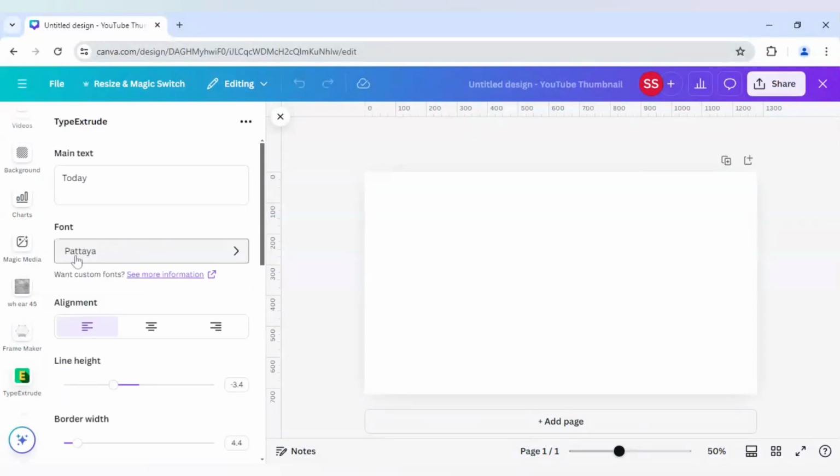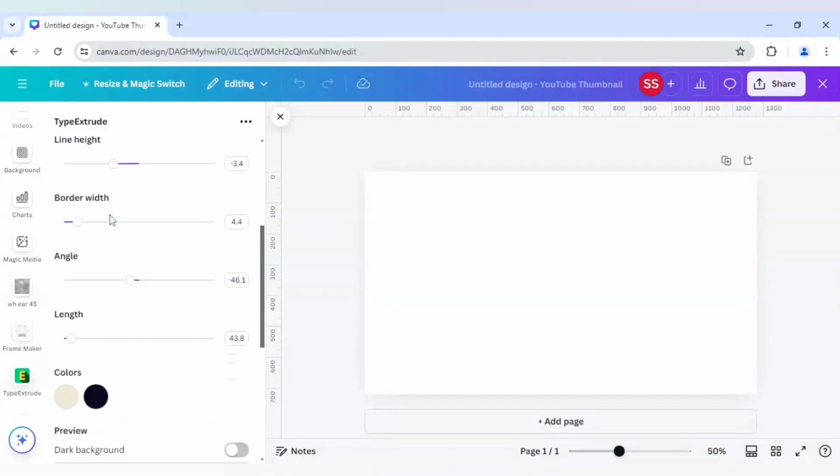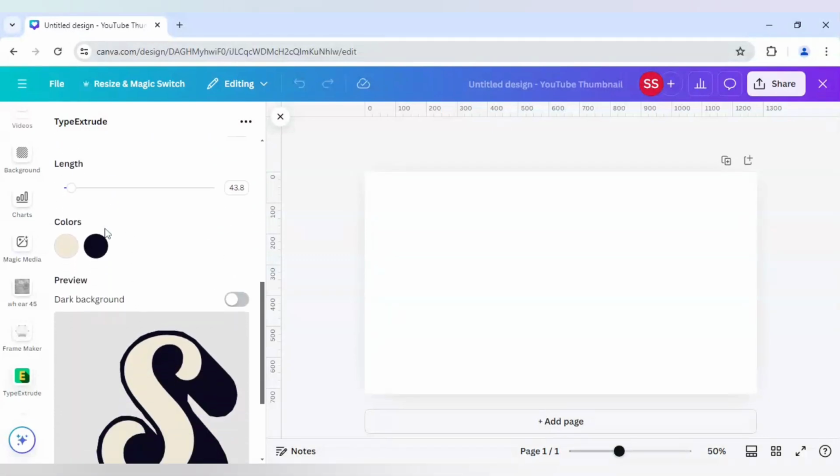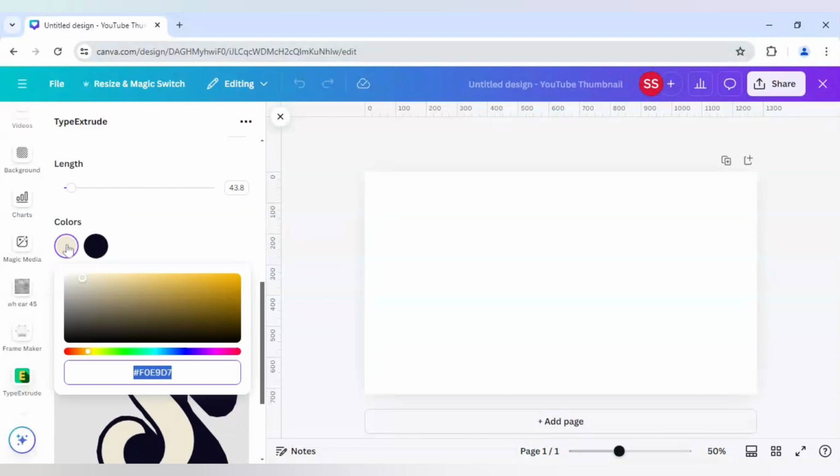And I will keep the font as Pattaya, the default one, and here I will write a simple S. Okay, and after that I will work on the alignments and color also. So for the color I am choosing white as my text color. Okay, and for the